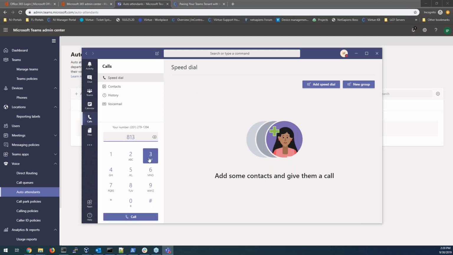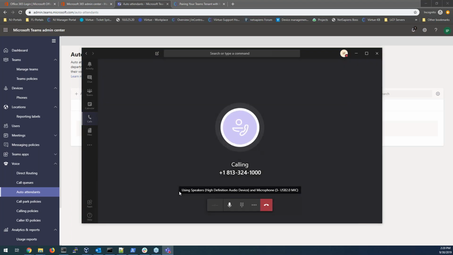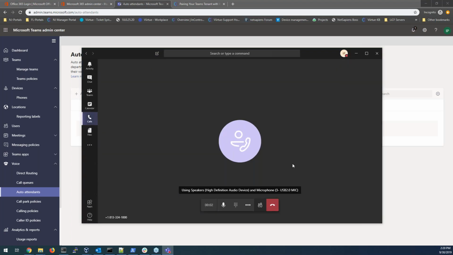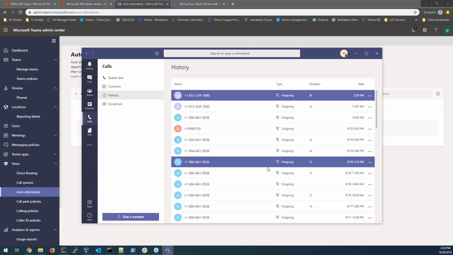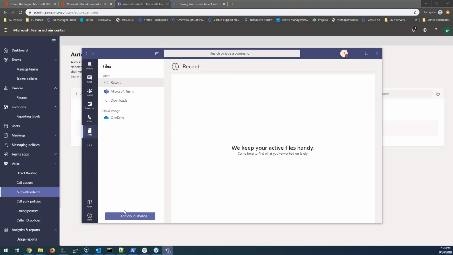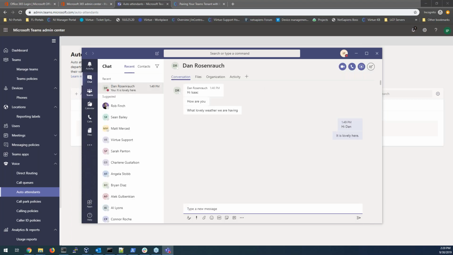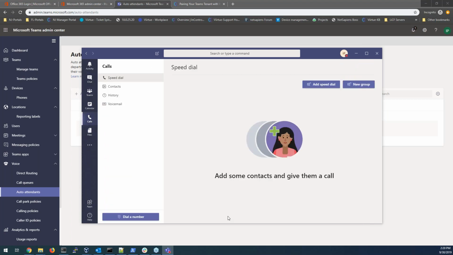And what you do, you just simply give a call. This is going to call our main number here. Viirtue. And that's it. And pretty much you can transfer, hold, do all of that stuff here. I'm just going to hang up there so we don't sit in the queue. And then you've got your file sharing. For the app itself, it's pretty self-explanatory, pretty easy to go through. Not a whole lot to it. As far as the calling goes, this is your main thing you're looking for. If this is ever not showing, then you're going to have a bit of an issue, and you need to have them check this out.